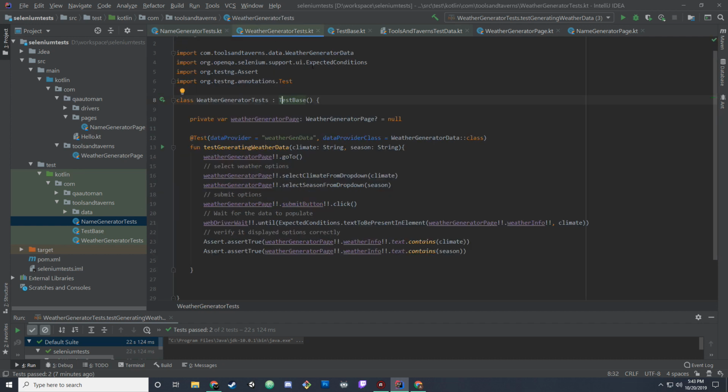So one problem though, right? One problem now that we've done all this, this guy's not being created anymore. So you can do two things here. You can either create it within the test, but then if you create multiple tests,